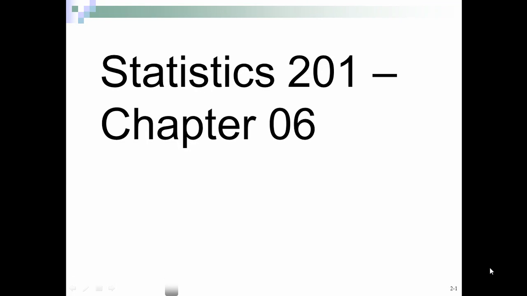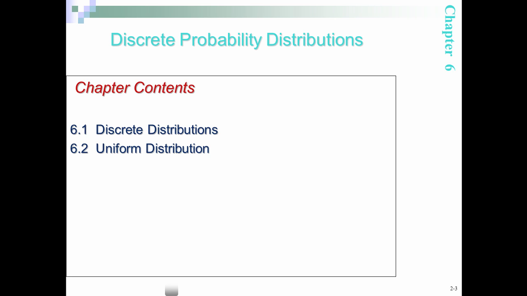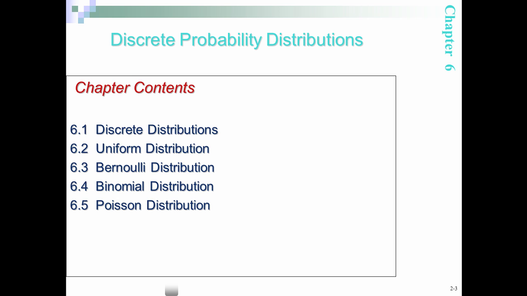This week we're going to talk about Chapter 6, which is all about discrete random variables. We're going to start out with talking about what we mean by a discrete distribution or a discrete random variable. So we're going to look at specific examples: the uniform distribution, the Bernoulli distribution, binomial distribution, Poisson distribution, and hypergeometric